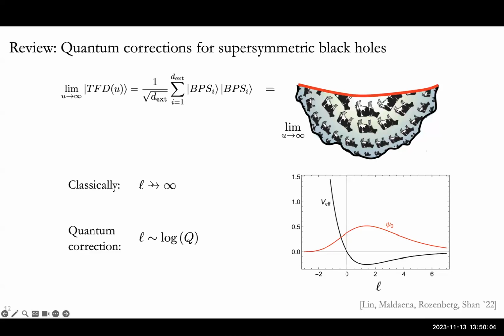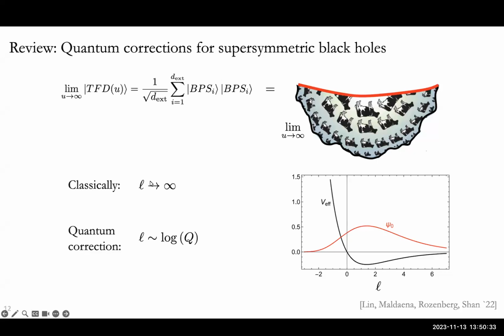Therefore, the length of the Einstein-Rosen bridge for a two-sided extremal black hole would be twice the length of the throat, and it would be infinite. So classically, this length is infinite, but when one includes quantum corrections, what one actually finds is that this length is finite and is given by the logarithm of the charge of the black hole. That's a very surprising result that tells us that